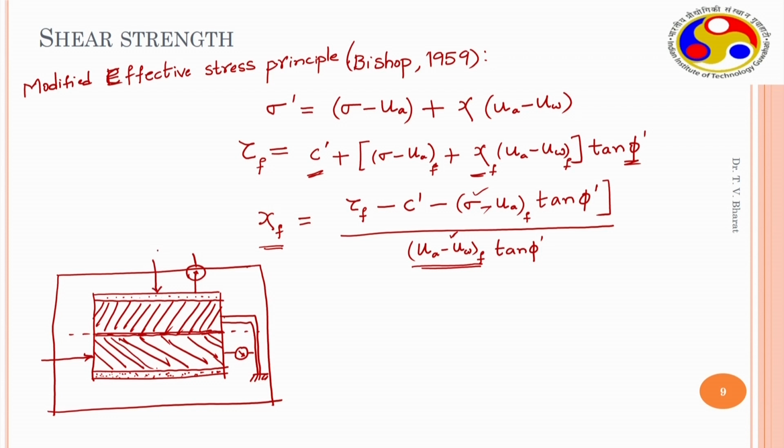there is a provision to apply sigma minus UA, the net normal stress, and here the air can be controlled inside. So, air pressure can be controlled, and this is connected to a water chamber. So, UW can be controlled through this, and UA can be controlled through this. So, UW can be kept at atmospheric pressure, UA can be controlled to any values. So, that UA minus UW inside the soil can be controlled,